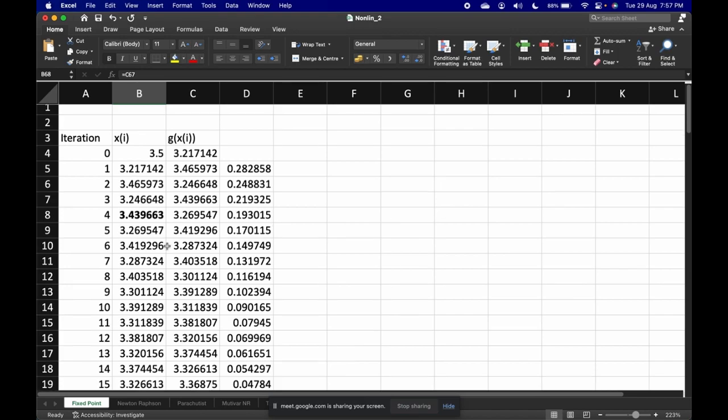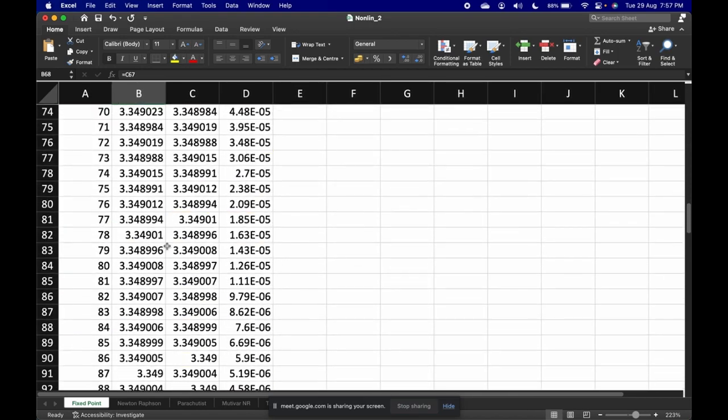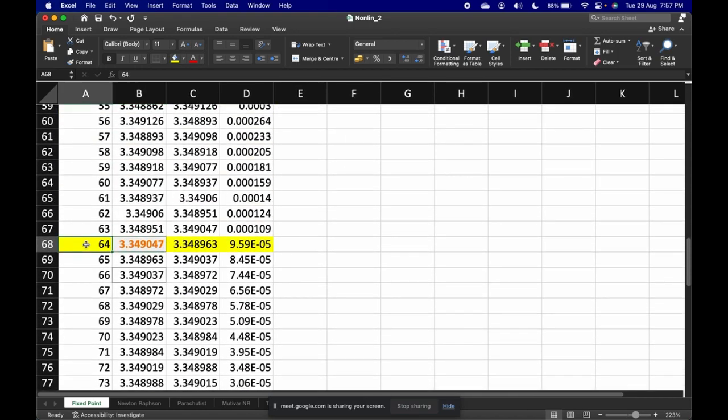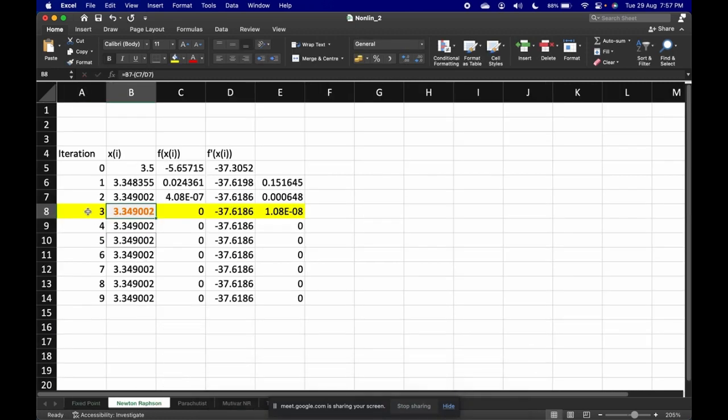If you see here in the fixed point iteration, we got an answer after some 64 iterations, right? The same answer we got from the Newton-Raphson method at the third or fourth iteration itself. And the error is also 0 after each iteration. So the Newton-Raphson method gives you the fastest